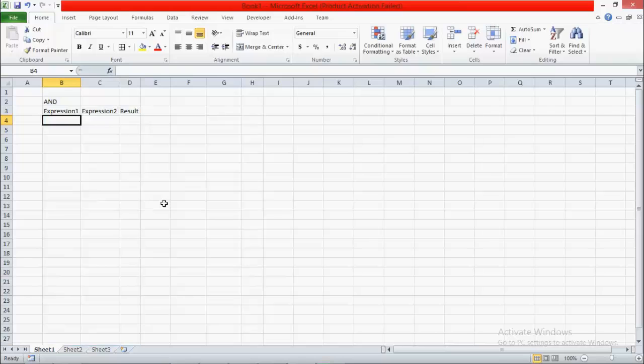In the first scenario, expression 1 returns the value true, and expression 2 also returns the value true. So when I use the AND operator for expression 1 and expression 2, since both are true,